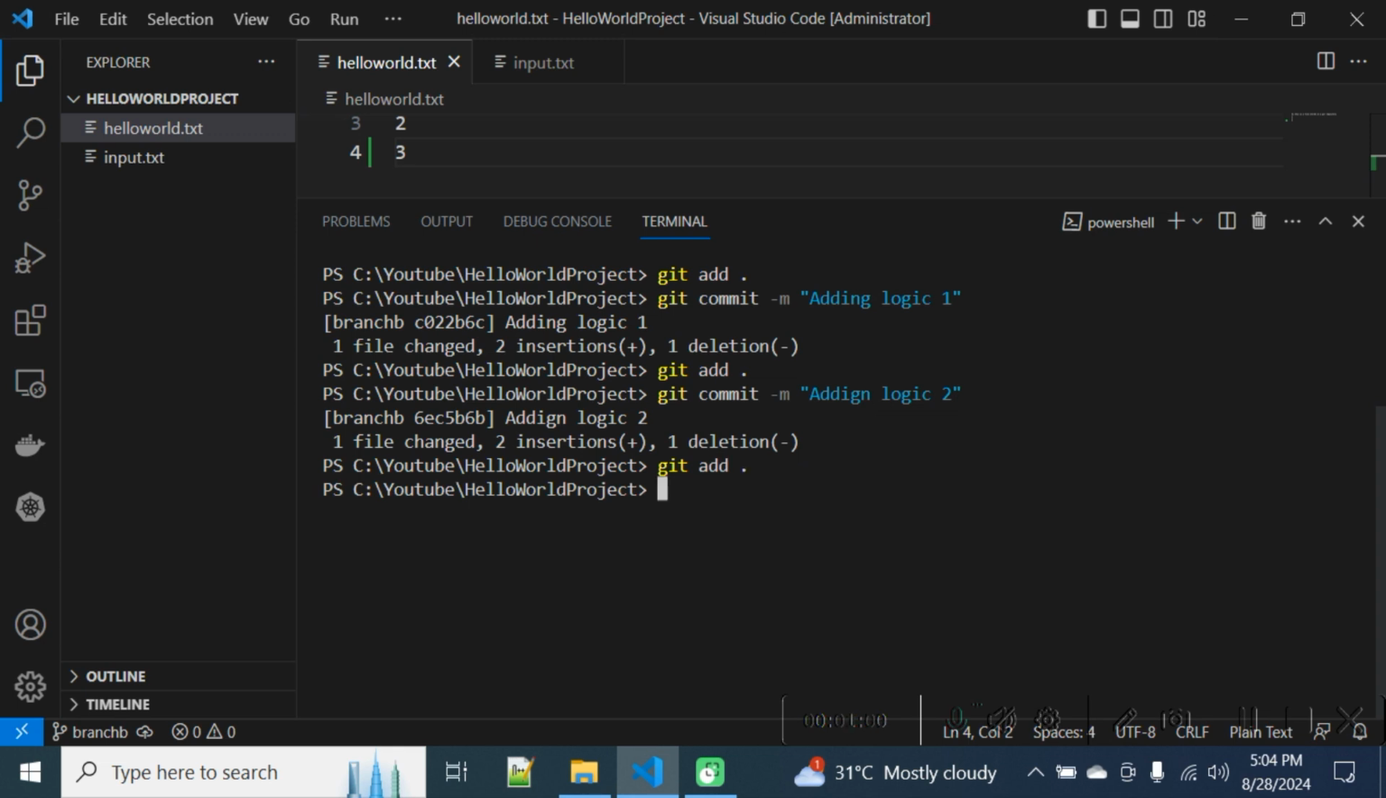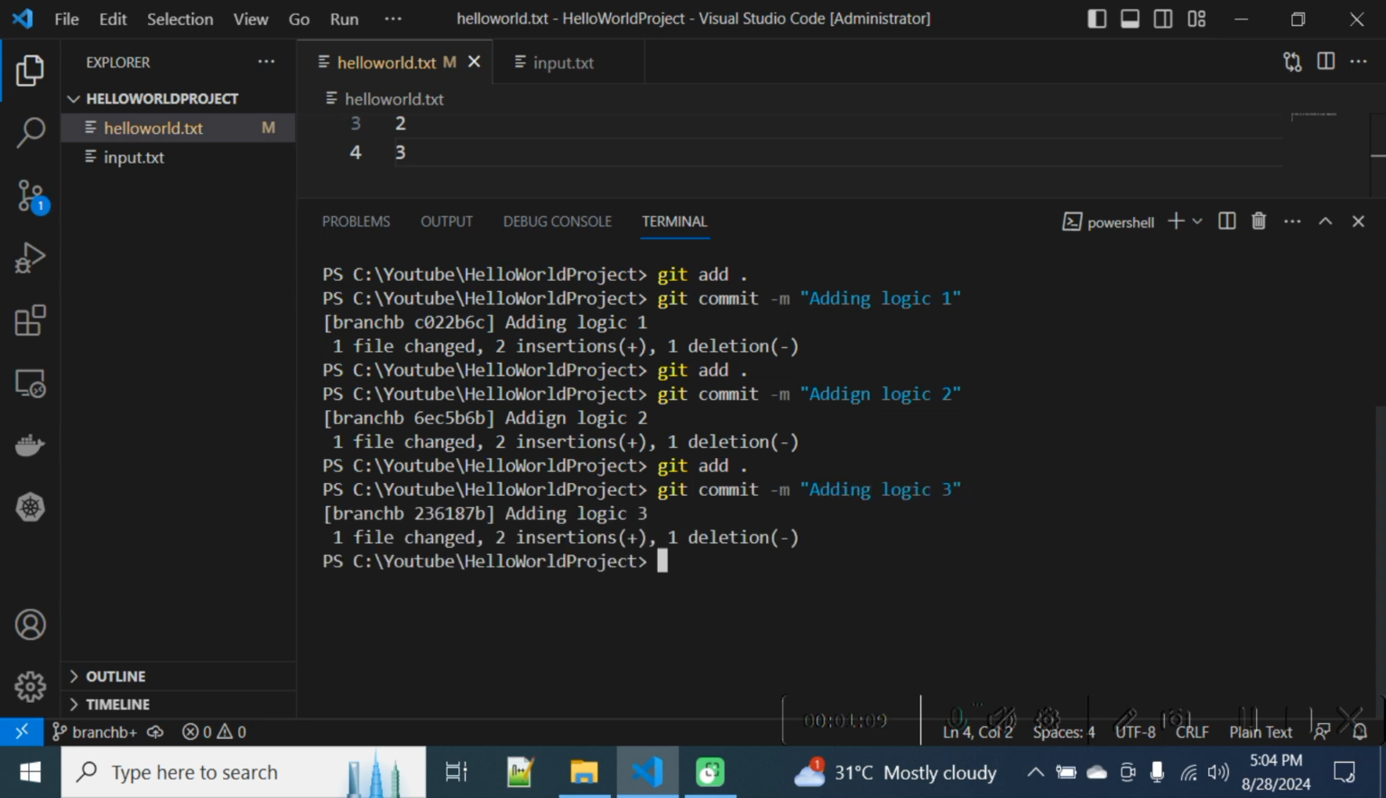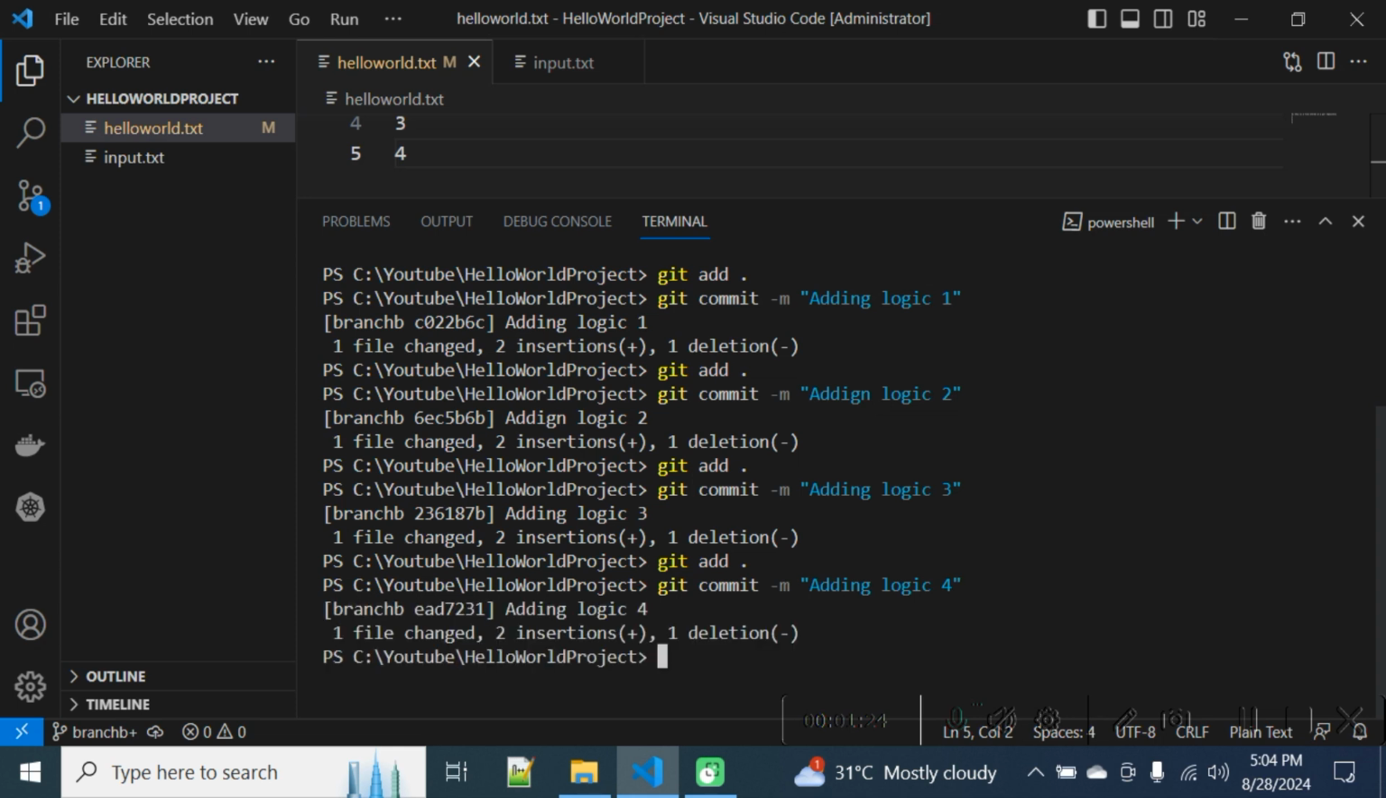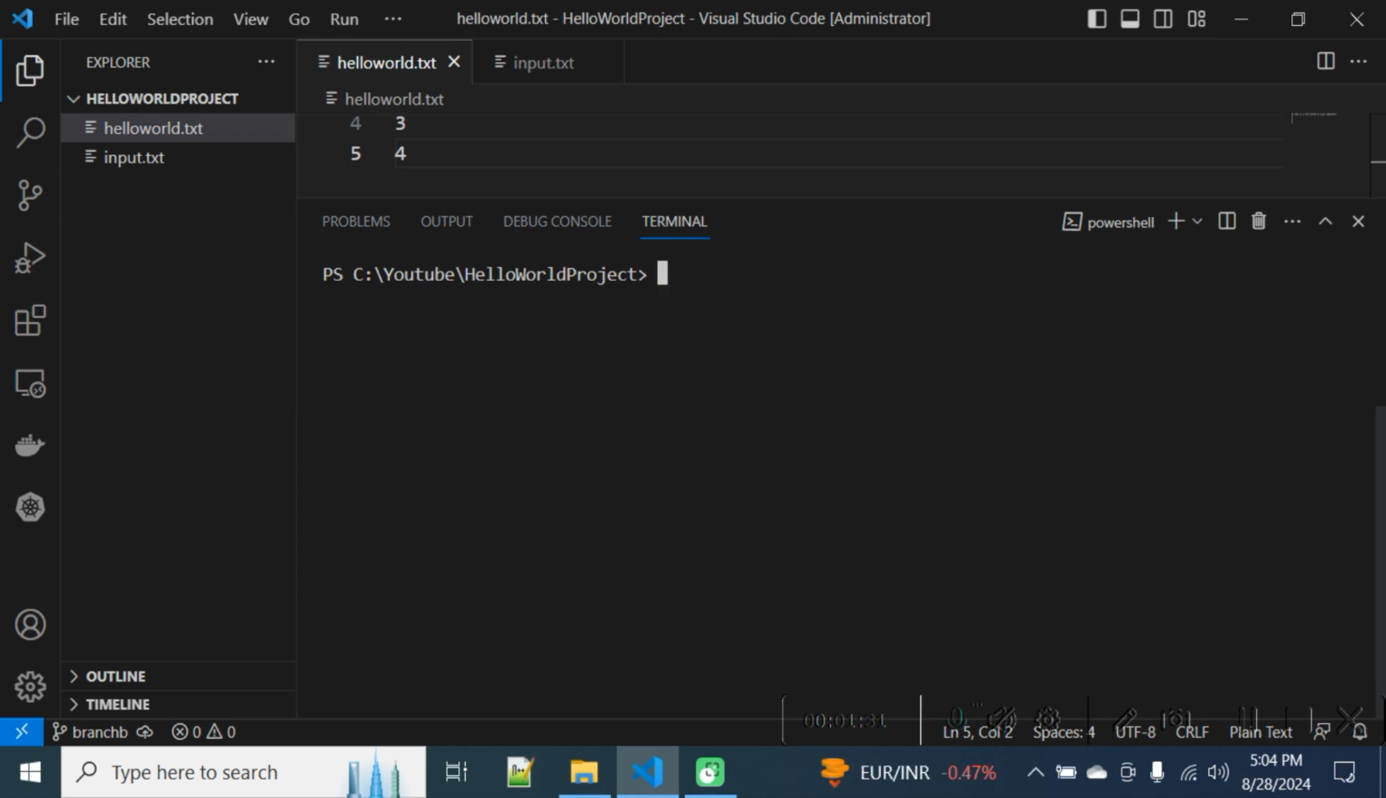Git add dot, git commit -m "adding logic 3", and we will just add one more commit, 4. Git add dot, git commit -m "adding logic 4". So now that we have added 4 commits additional to the initial commit, now we have a